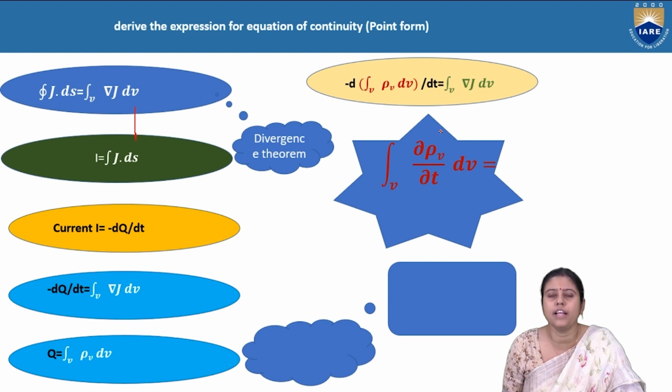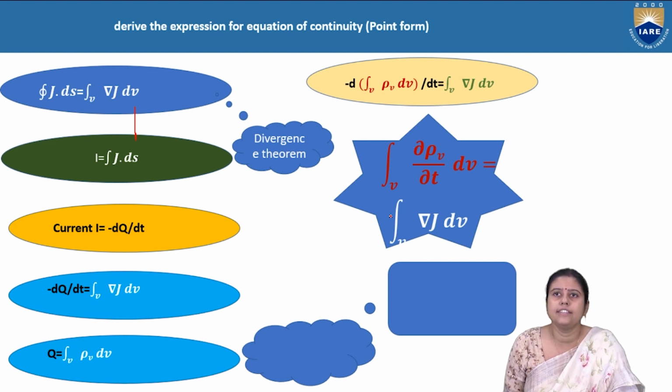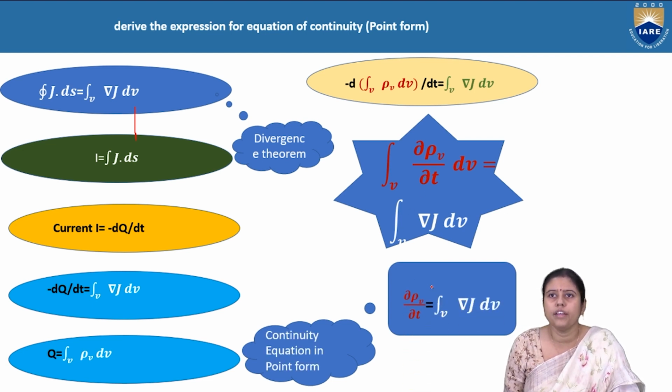Why del? Because rho v is three-dimensional. So del rho v by del t into dV is equal to grad J dV, and if we equate the two equations,